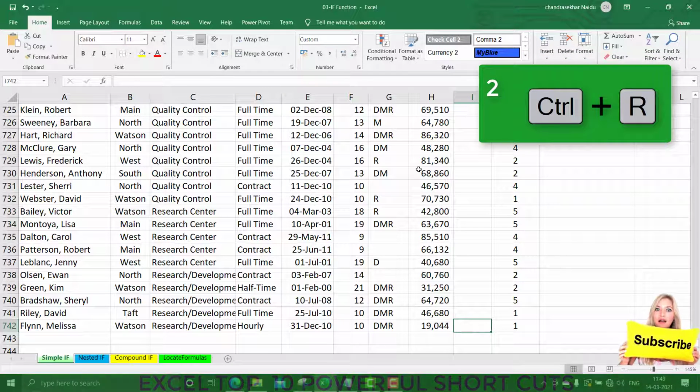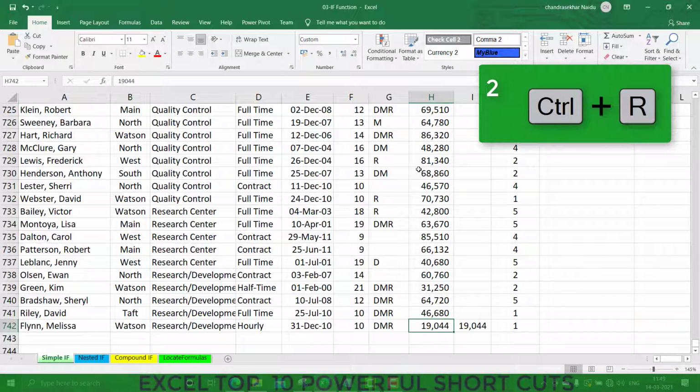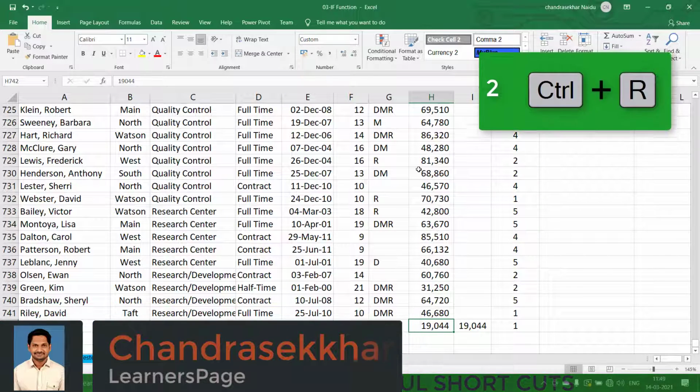If you see here, the cell I742, and I press Control R, and you observe the value here, how it gets changed.